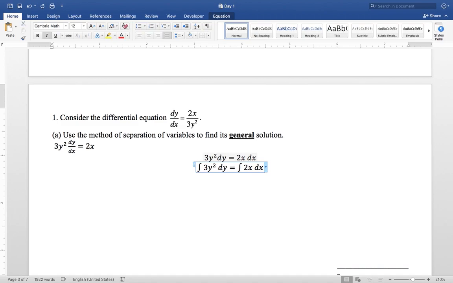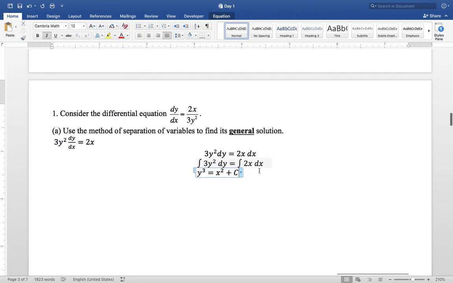So of course I have to find antiderivatives of each of these functions. The antiderivative of 3y squared is just y to the third. And an antiderivative of 2x is just x squared. Now we have to remember our arbitrary constant of integration, plus c. And again, you should only use one of them. It's typically easiest to put it on the side involving x, although it doesn't really matter, but just one constant of integration. Now, if we had an initial condition, then I would plug that initial condition in right now. But because I don't have one, there's nothing to plug in,